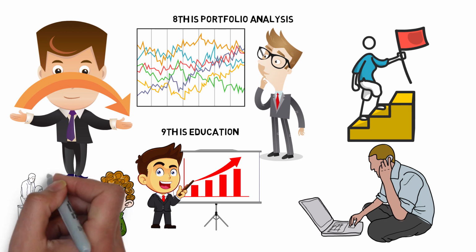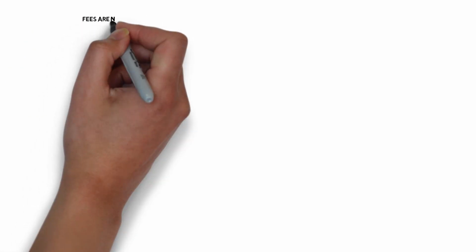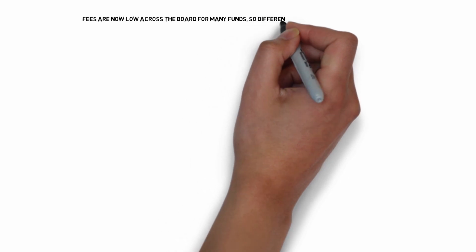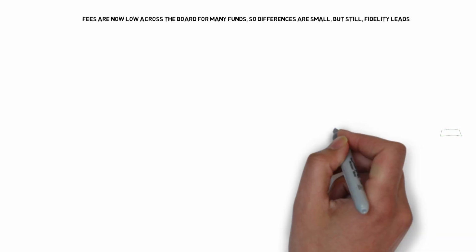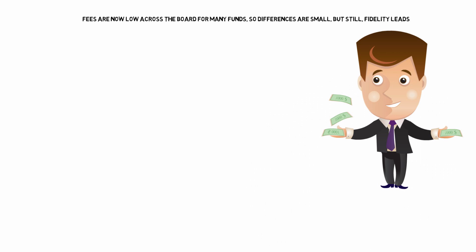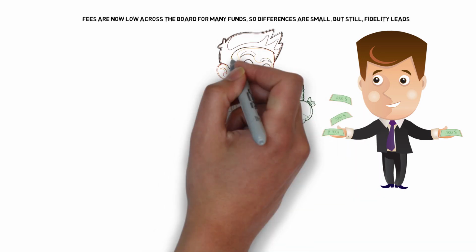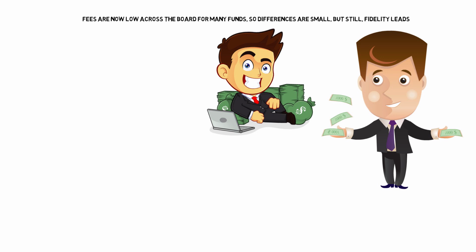At last, it is interesting to see Fidelity's push on low fees and other innovation within the retail investment space. Of course, fees are now low across the board for many funds, so differences are small, but still, Fidelity leads. Nonetheless, Vanguard continues to have an edge in tax efficiency, and if you're in a taxable account, you should care about that. Generally, either Fidelity or Vanguard funds appear reasonable picks for most investors, with the investment strategy being perhaps the more important question. Hope you have learned the full difference of Vanguard funds and Fidelity funds,